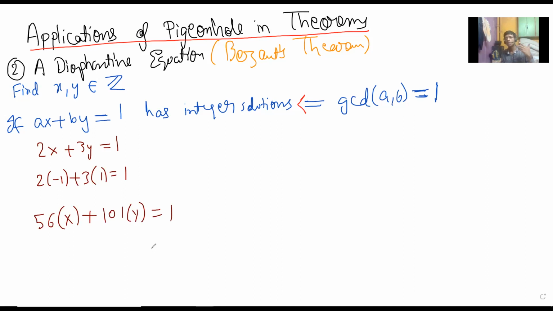Okay, we are claiming that you will always have solutions to this kind of thing. There's nothing to memorize here, because the only obvious obstruction to having a solution is when 56 and 101 would have a common factor. That was the obvious obstruction, but there is no common factor. And we are saying that that obvious obstruction is the only obstruction. If that is not present, then there is a solution. So that's all I'm saying.